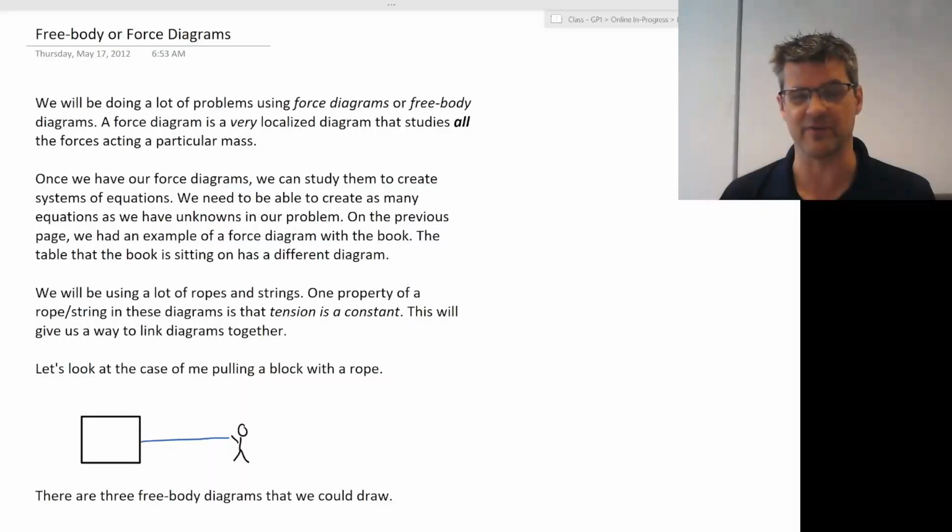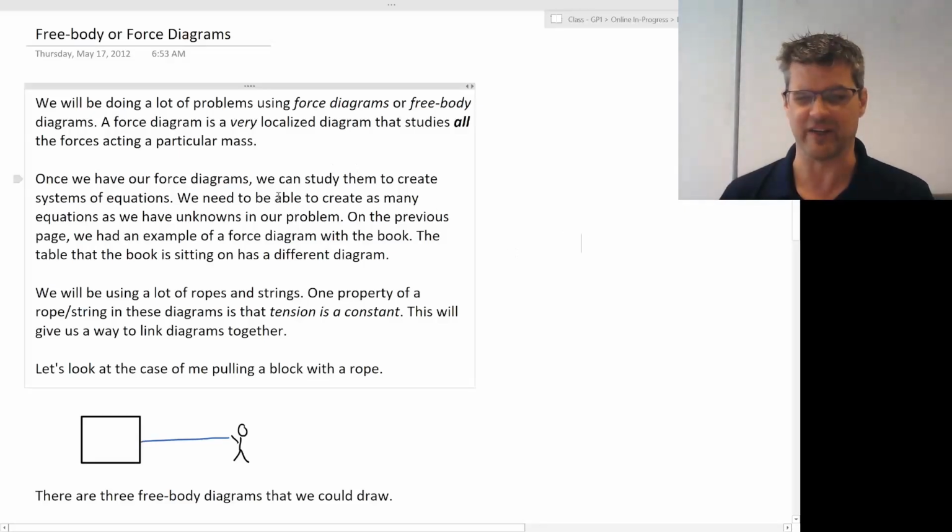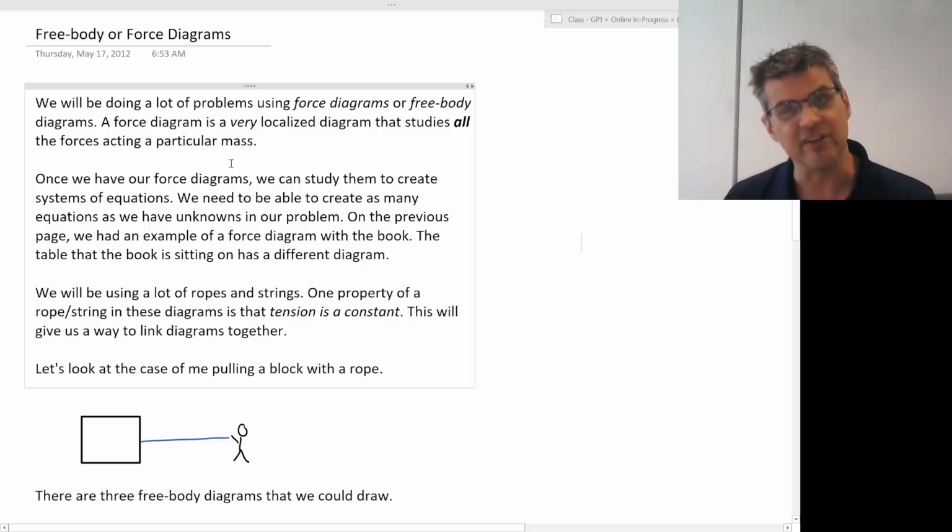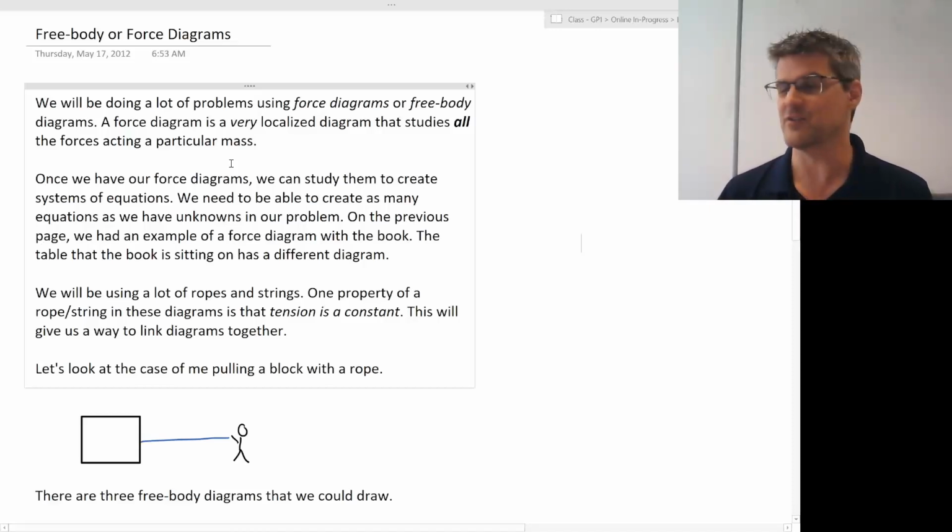As we get going, we can look a little bit at the notes that are already posted, and we see, for example, that when working with a free body diagram, we are going to be looking at all forces that act on a particular mass. Eventually, we could have multiple masses, and those different masses are going to have different forces working on them, so we'll have to work with each of them independently. From this equational look, this Newton's second law look at forces applied to a particular mass, we can create systems of equations,